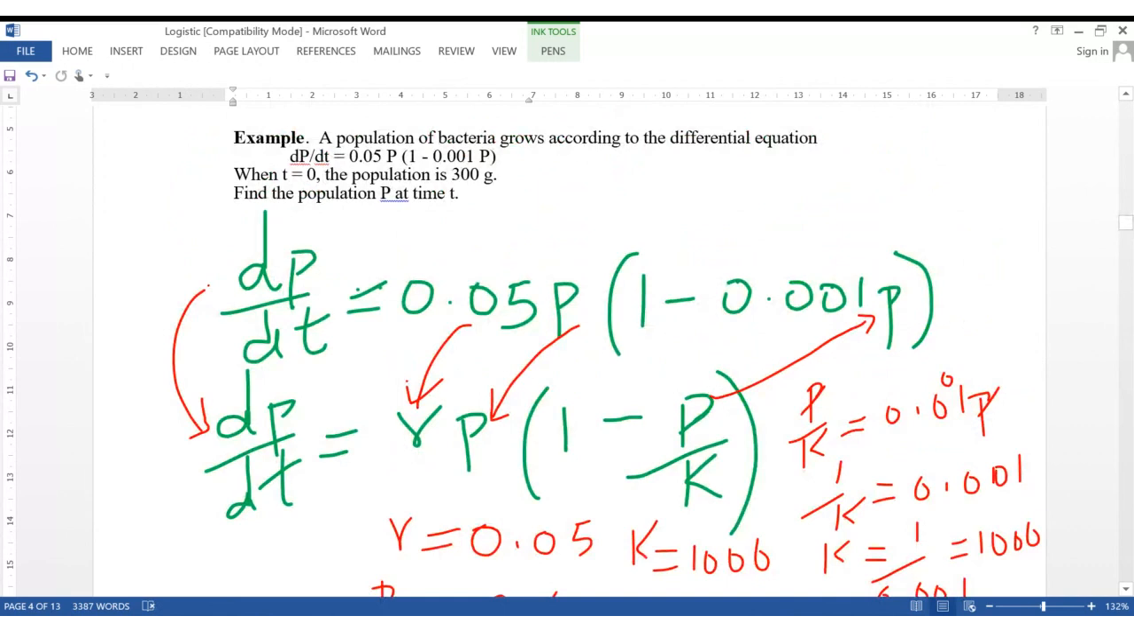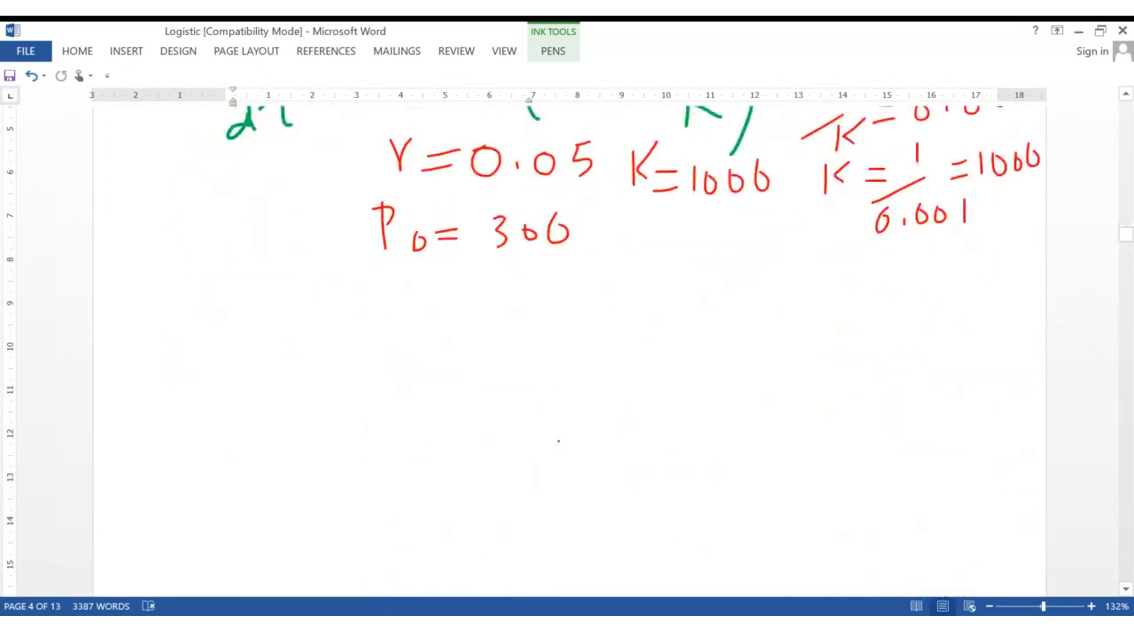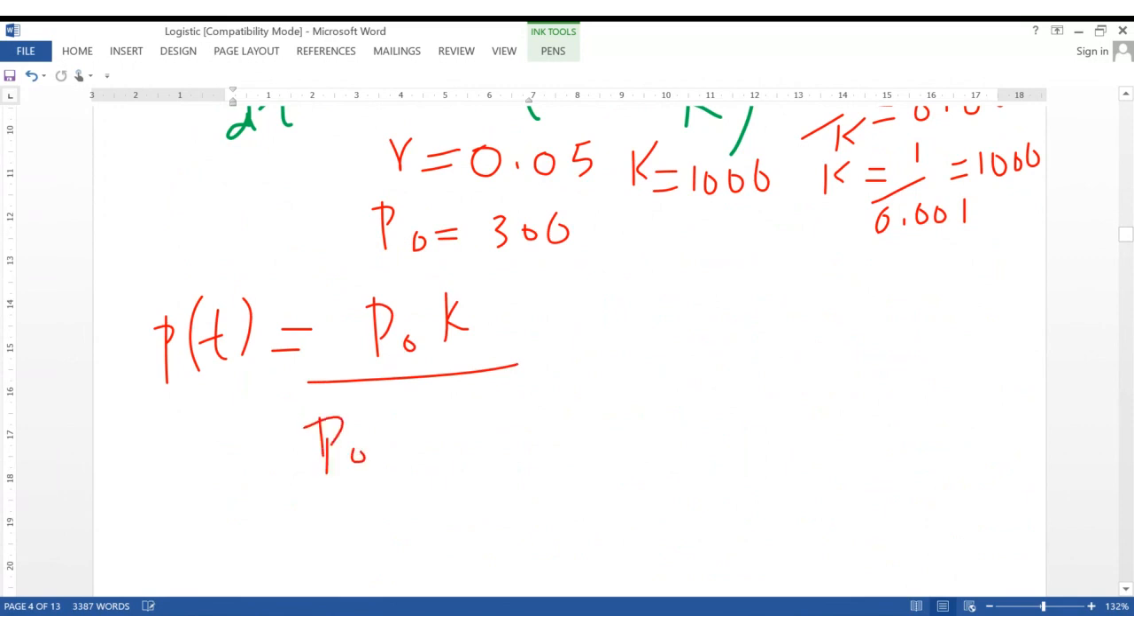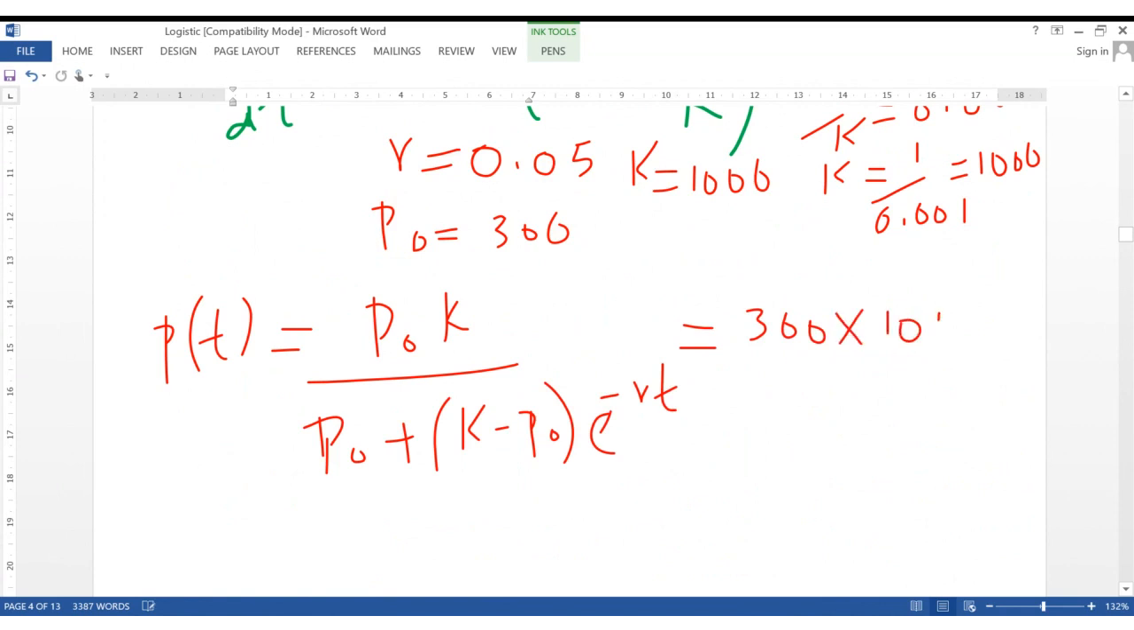So I recall the equation for the population at any time. It was given by this one. It was given by P naught K all over P naught plus K minus P naught, and then exponential negative rt. You must be able to remember this equation if you want to do it. So our P naught was 300. Our K, we have gotten it as 1,000. And then our P naught is still 300. And then our K is